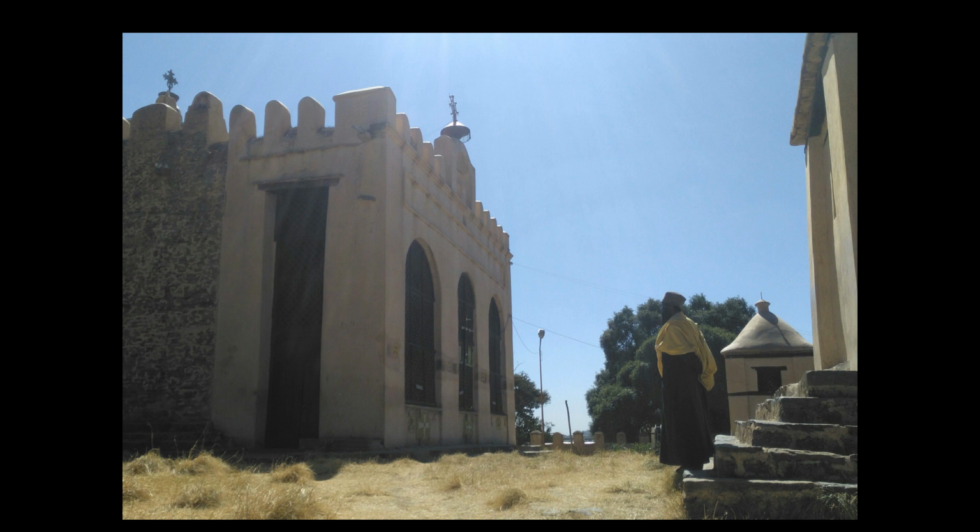In Axum itself, this is the old Cathedral of St. Mary of Zion, and this is where the Ark used to be kept. Well, in fact, it used to be kept in that little building on the right. There's now an air-conditioned modern building which is used to house the Ark, so these buildings are redundant. There's also a new concrete cathedral, which is much more suitable for worship and for gatherings, because this church is